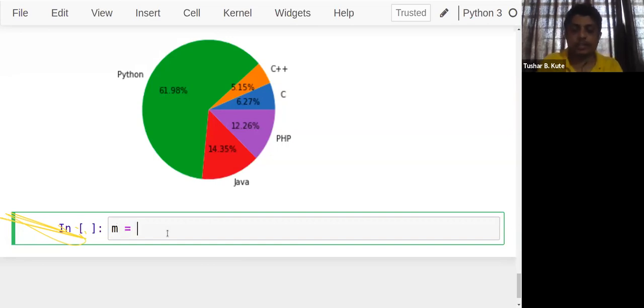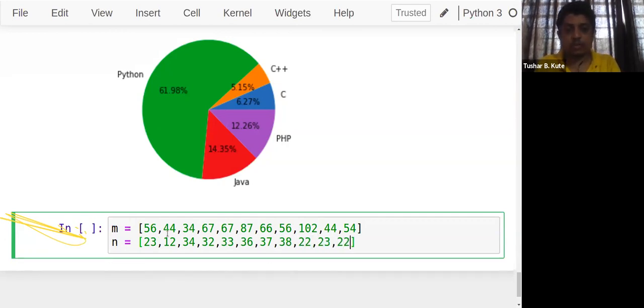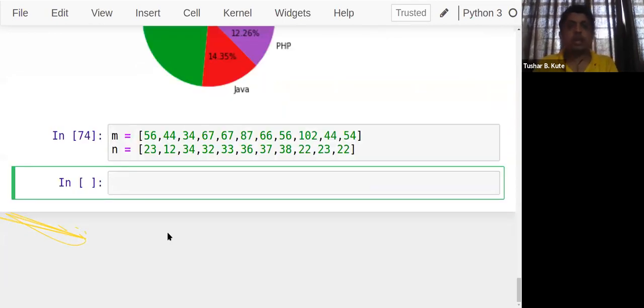Let's see, for example, I'll create two arrays here. The data distribution is something like this. First M, then N. Yeah, M and N. Now I'll plot the combination of M and N in box plot format, and let's interpret what exactly the box plot is showing us.